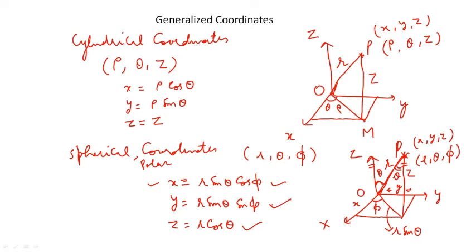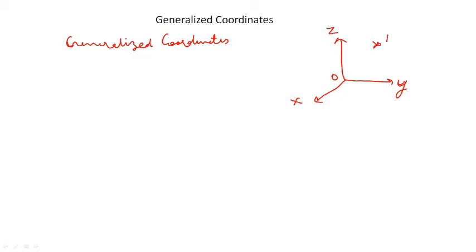Now for generalized coordinates, we will take some examples and then we'll define the generalized coordinates. Suppose a free particle is moving in three-dimensional space, then you know that if you have to specify its position in this three-dimensional space,